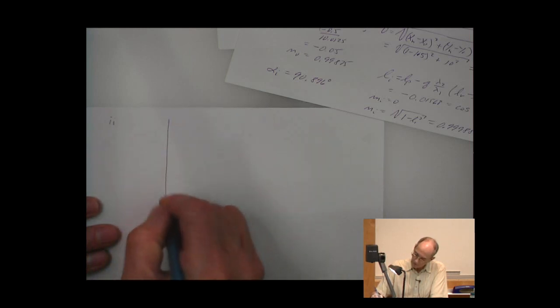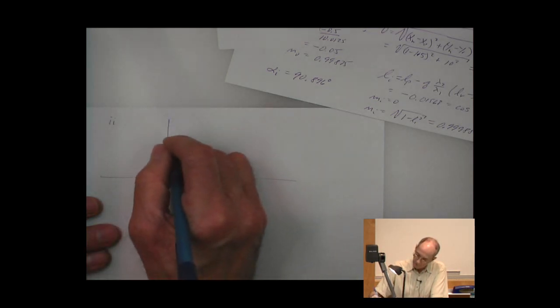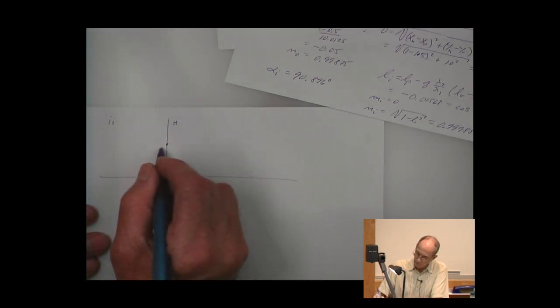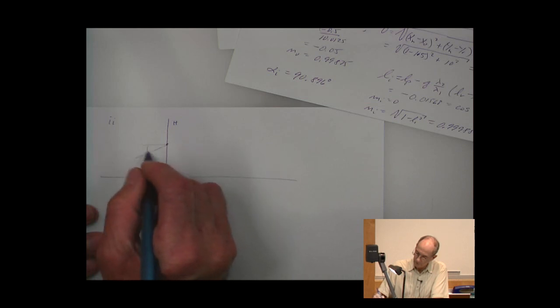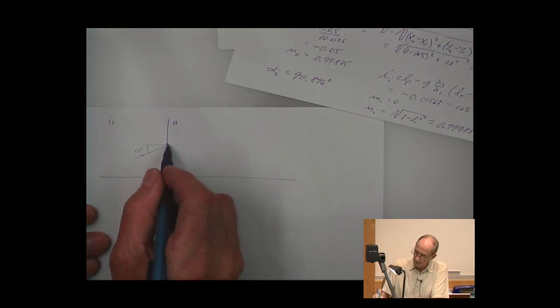Let's just draw it separately. Okay, so here's the situation. We have this point 1 up here on the hologram plane, and we're illuminating it with this angle, again, which is like 12 degrees, for the reconstruction. And then we get a diffracted angle, which is just a little bit more than 90 degrees,